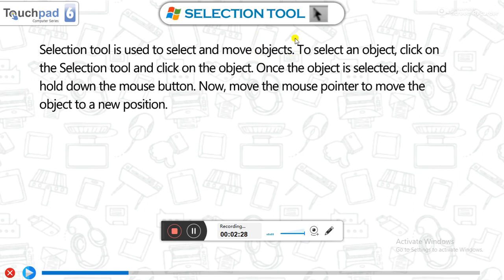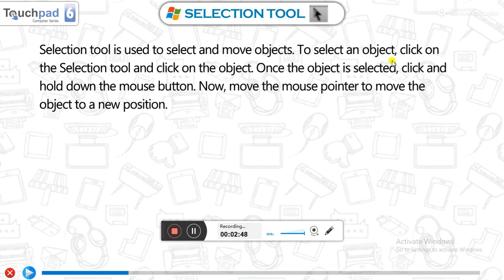Objects means here any images you have drawn on stage, any diagram, triangle, line, rectangle, circle, etc. That is called an object.